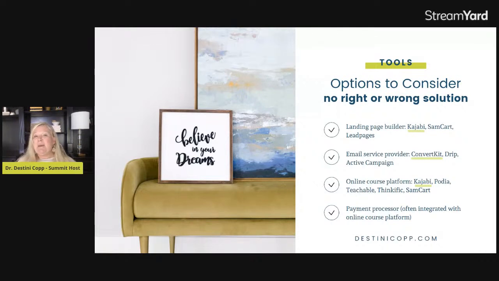In terms of an email service provider, again, there are several different options out there for you. I use ConvertKit. Active Campaign works very well for a lot of folks. Drip. And I'm sure that people who are watching here have some suggestions for you too, so I'll definitely let them throw those suggestions in the comments. If you have an email service provider that you absolutely love that does automations and tags, put it in the course comments here.